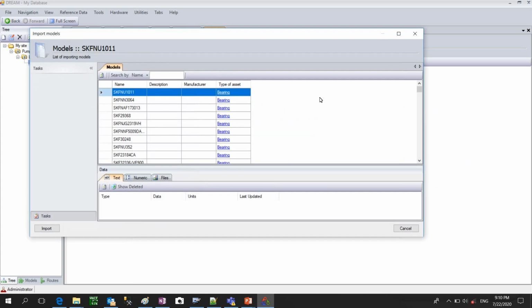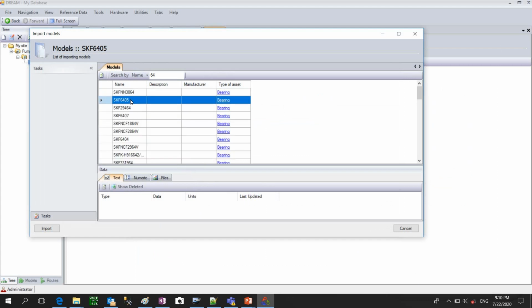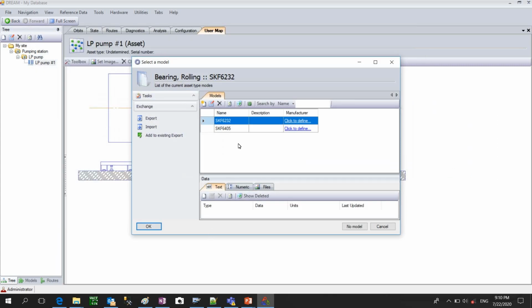Suppose that we would like to have 6405 bearing, and we import it. So now this bearing will come from the general SKF bearings database to our local database,